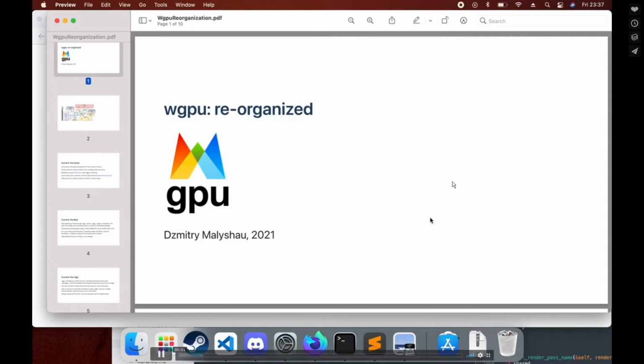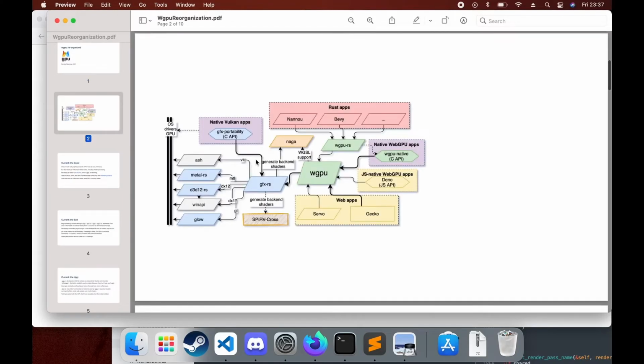The lead of wgpu, and I'm gonna tell you about the big transformation that's happening right now in the project. First, this is the map of things in our wgpu land. wgpu is a GPU abstraction, and it's involved in a big ecosystem of projects.